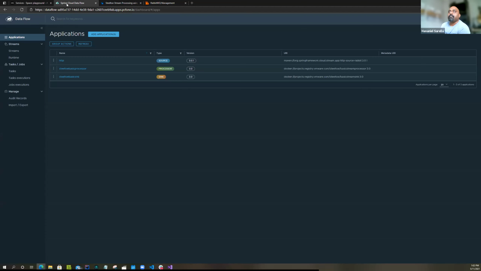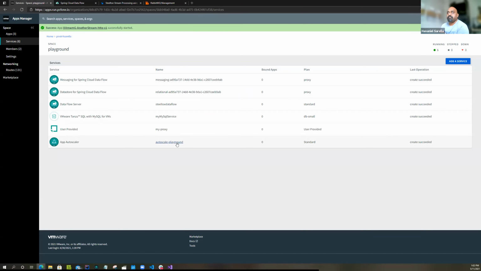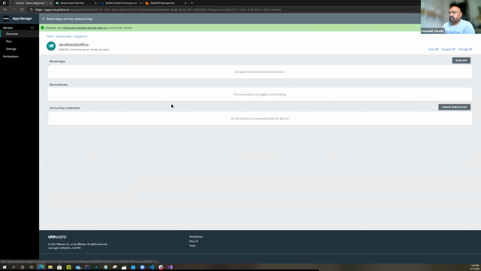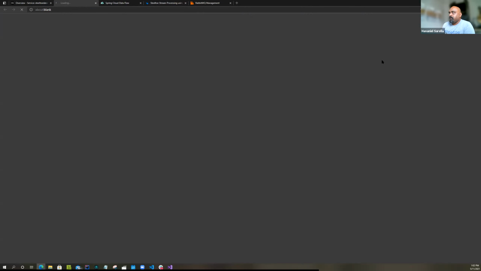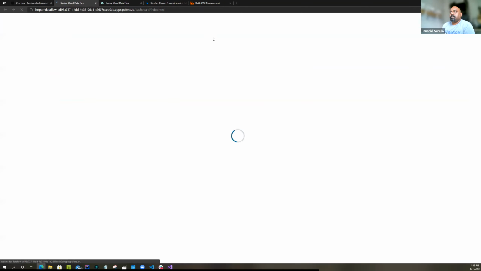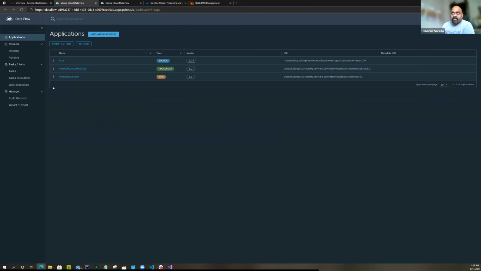So let's go to, here's my Spring Cloud Foundry environment, and Spring Cloud Data Flow is available as a tile, and you can install it. There are instructions in the documentation that show you how to install it if you don't have it. And once it's installed, you can go to manage your Spring Cloud Data Flow environment, and you should see this kind of interface. And you see on the left-hand side, you have applications, streams,